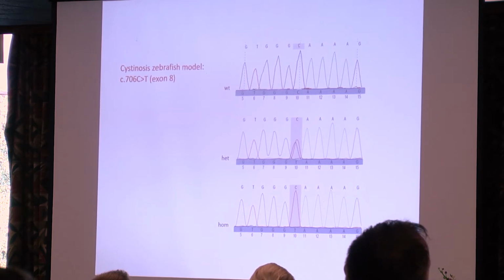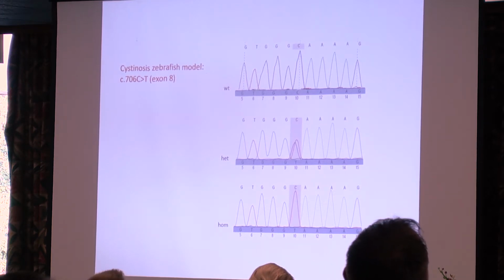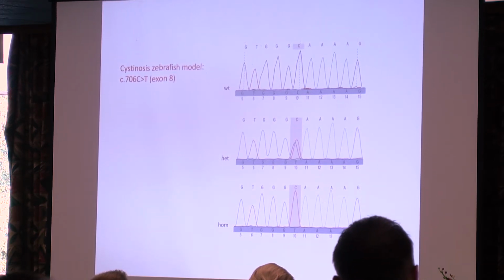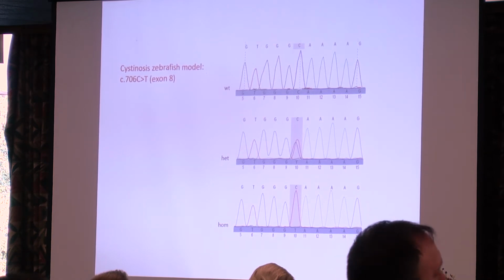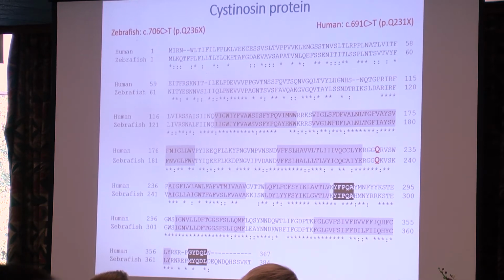So for generating cystinosis zebrafish, we purchased heterozygous fishes from the European zebrafish resource. And this fish had a heterozygous mutation in the cystinosis gene, and actually this is the same mutation we find in patients with infantile cystinosis. And so we grew these fishes in our aquarium facility. We crossed the heterozygous papas and mama fishes, and we generated homozygous baby fishes, and these fishes were examined for the phenotype. And here you can see the comparison between the cystinosin protein of the fish and the cystinosin protein of the